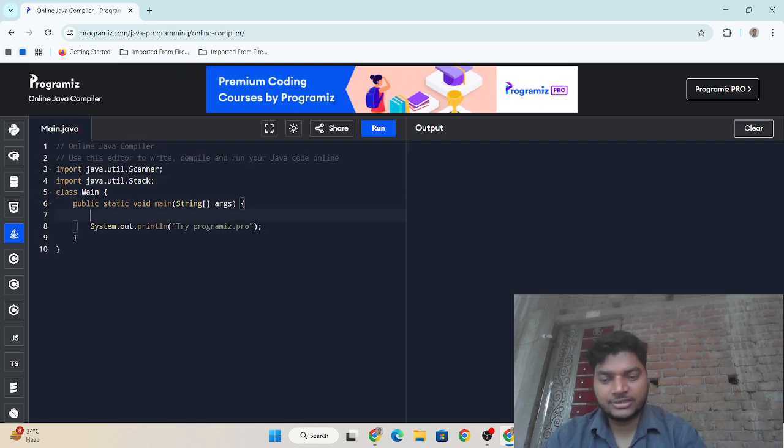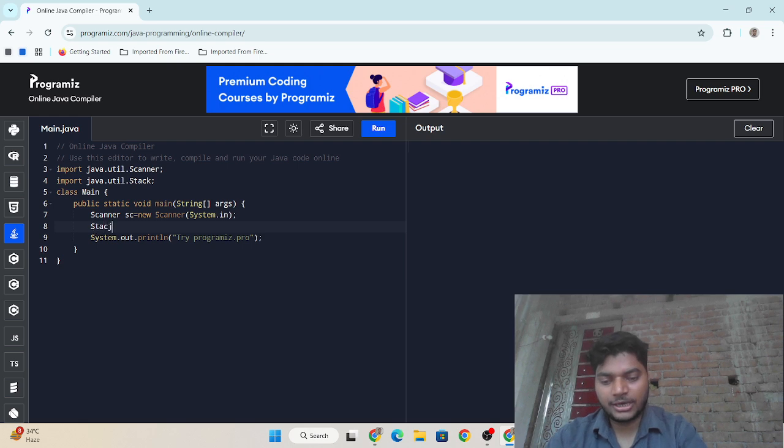Now I need to write the objects of these two classes. I need to write Scanner sc is equal to new Scanner(System.in).